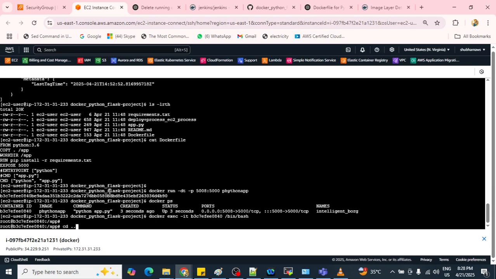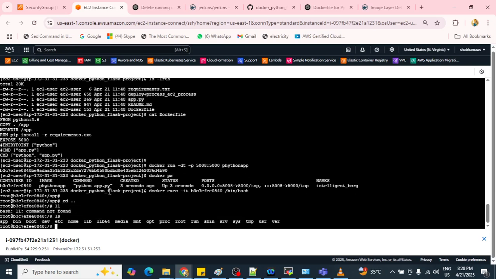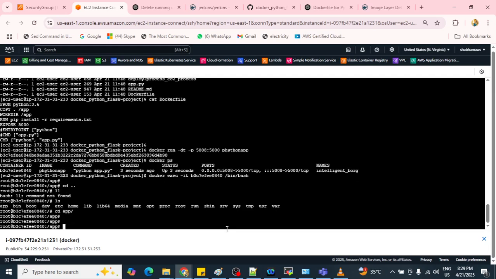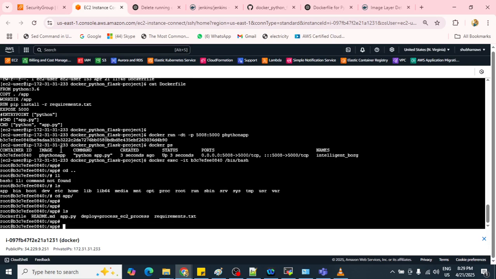If you go up with dot dot, you can see /app is there. So you are creating that directory, and inside that directory you are copying the code. Let's put ls. You can see all the code is already inside.